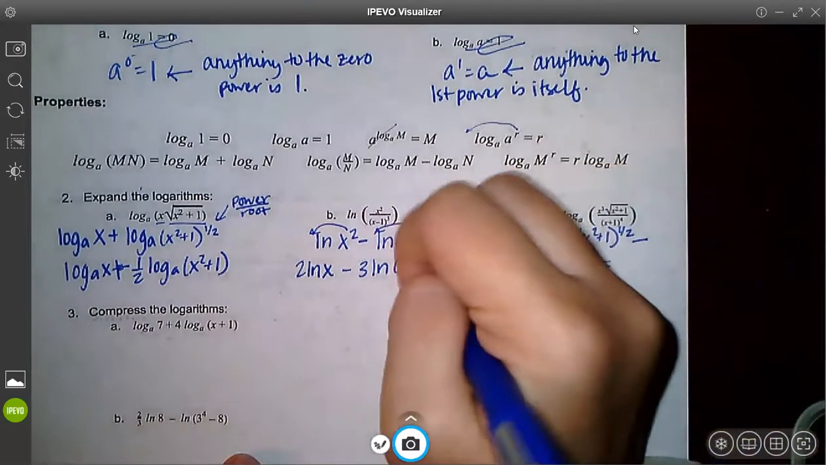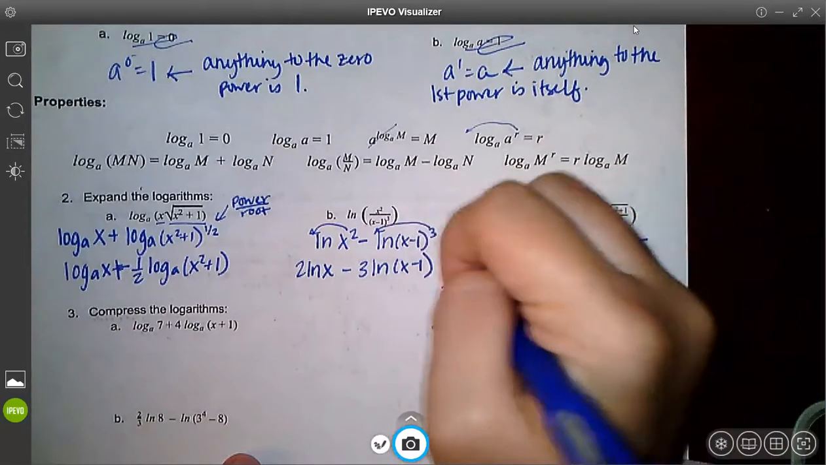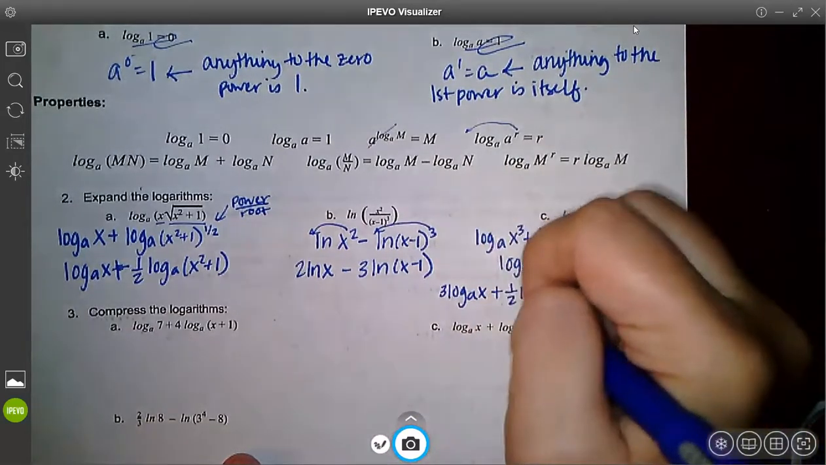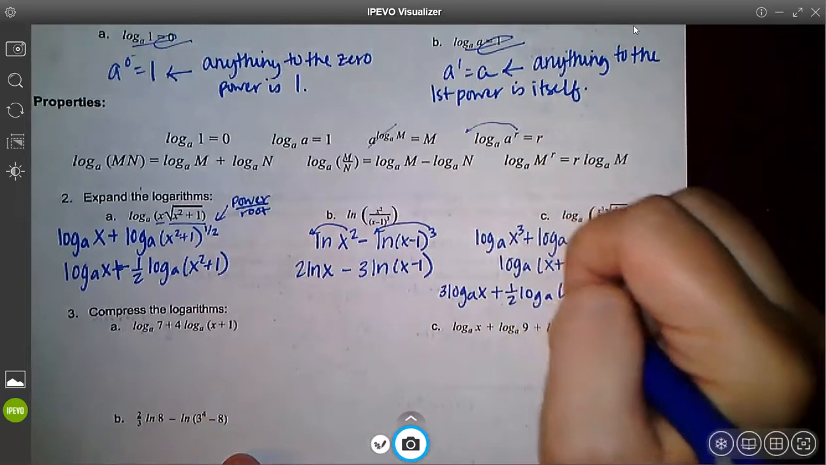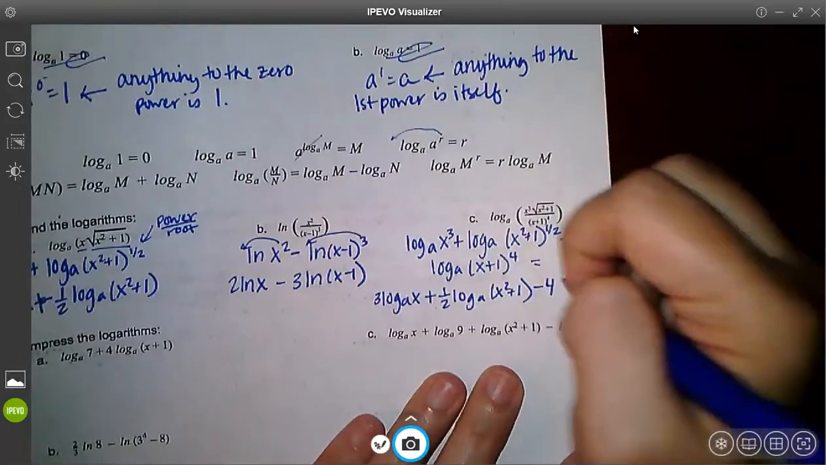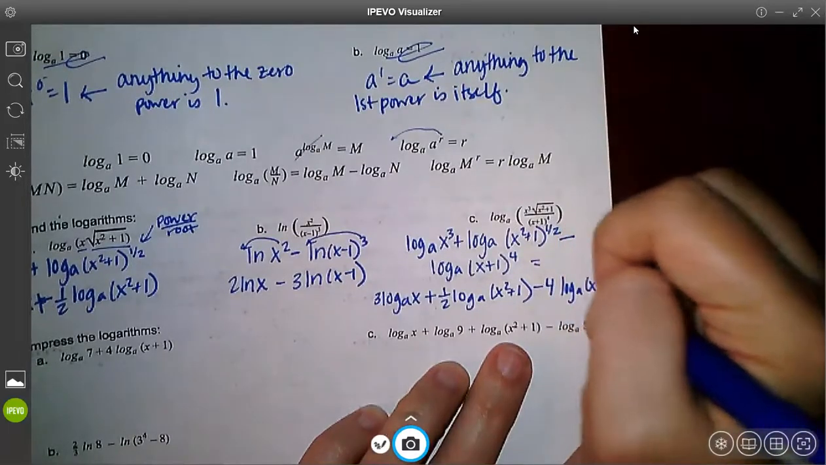So I have 3 log base a of x plus 1/2 log base a of x squared plus 1 minus 4 log base a of x plus